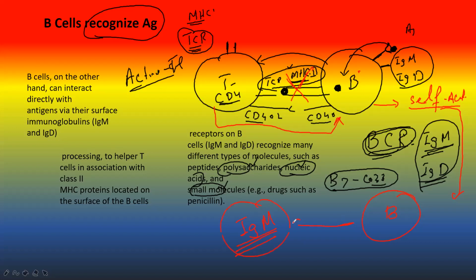Clear? Okay. If the B cell works the proper way, the B cell gives a message to the T cell, then the T cell gives power to the B cell to produce all types of antibody: IgM, IgD, IgA, IgE. It depends upon what type of antigen. The difference is clear or not? So if the antigen is directly taken up by the B cell,